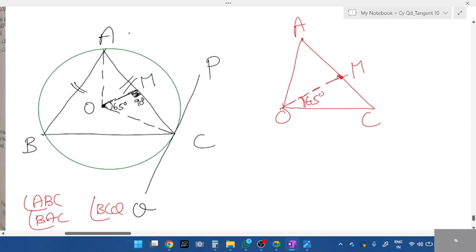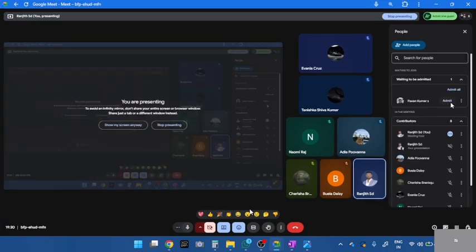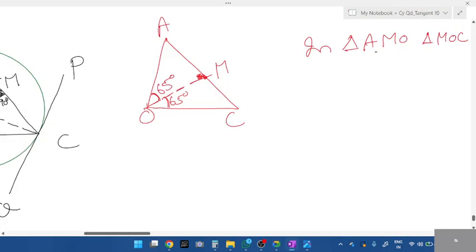Then according to similarity, if this is 65, the other angle. What about the other angle? The other part of 65 degrees. Both are 65. If you want, I'll quickly prove it. In triangle AMO and triangle MOC, which is a common side? All of you tell me the common side, students. OM is common to both,